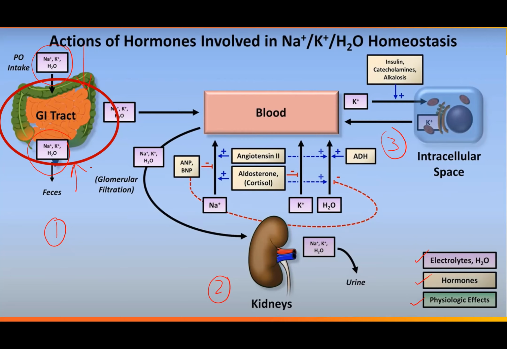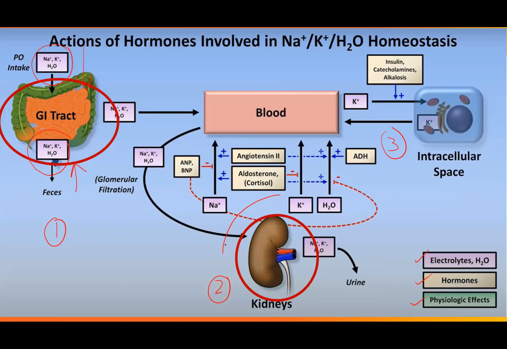So that is one etiological mechanism through the GI tract: intake and excretion. The second one is kidney. Here, more potassium is thrown out in the urine. We have already seen the reasons: aldosterone, more diuretics, more bicarbonate, more solutes, osmotic diuresis. All of these can increase the renal excretion of potassium.